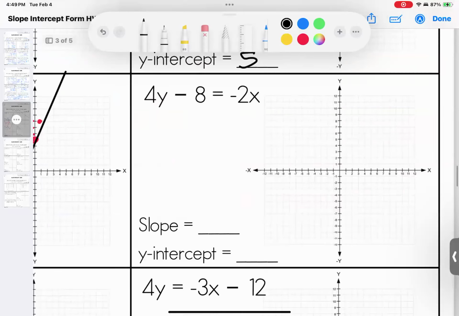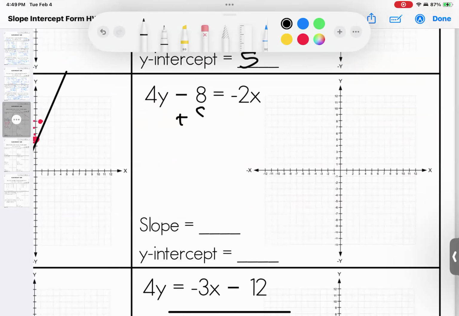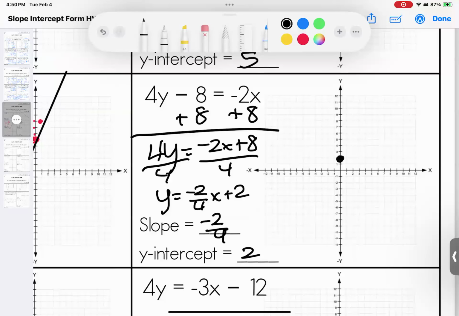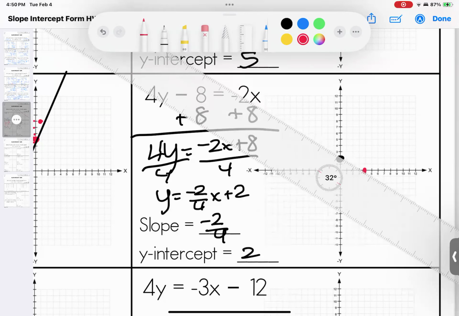Over here again, it's not in y equals form. Oh, that was not connected very nicely. Let's pretend that it is. Plus 8 plus 8. 4y equals negative 2x plus 8. Divide by 4, divide by 4. Y is equal to negative 2/4 x plus 2. You can also simplify it to negative 1/2. So slope is negative 2/4, or again, negative 1/2. Go up to 2. And then for my slope, I'm going to go down 2 over 4. So down 2 over 4 is going to put me here. I'm going to draw my beautiful connector